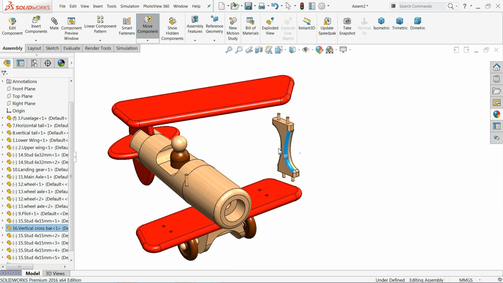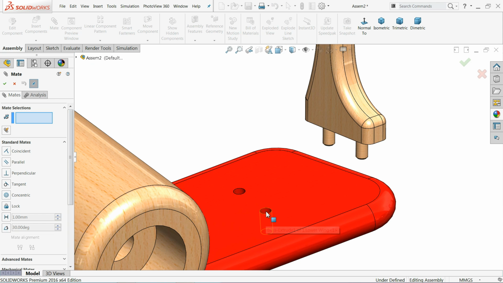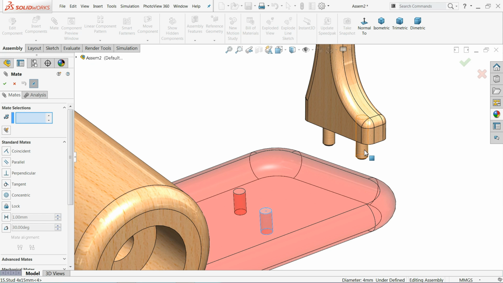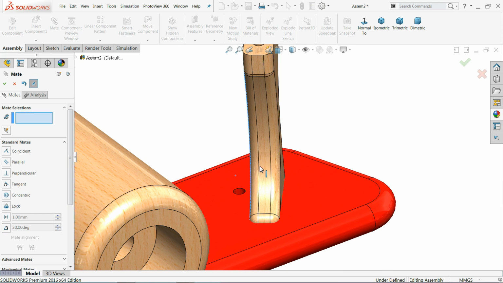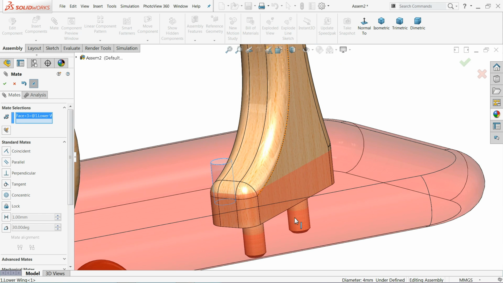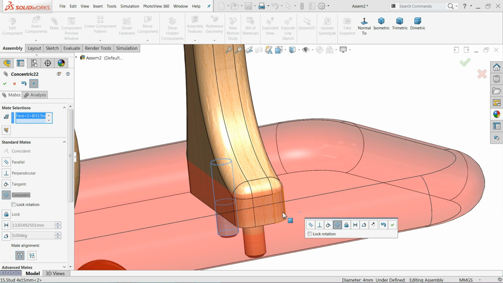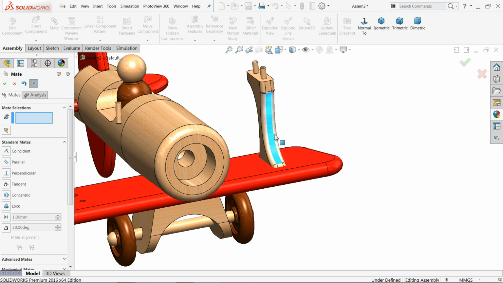Now it's time to move. So simply go to mate, this hole and this one, concentric relation. I'll choose this one and this hole, coincident. Okay, now let me drag up,